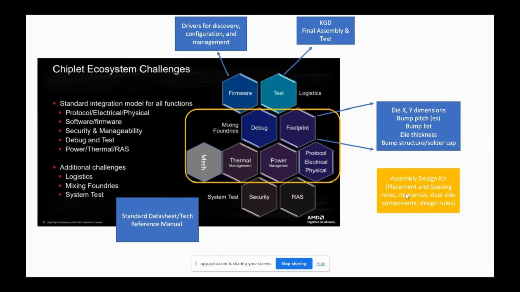This assembly design kit, traditionally, you have to talk to the OSATs or get their technical rules. You have to incorporate that into the tools. It is done, but it's all inefficient. So the question is, these are the new pieces of information that we need to integrate chiplets, but a lot of the information traditionally has been available, not in an electronically consumable and efficient standpoint, but it is there.